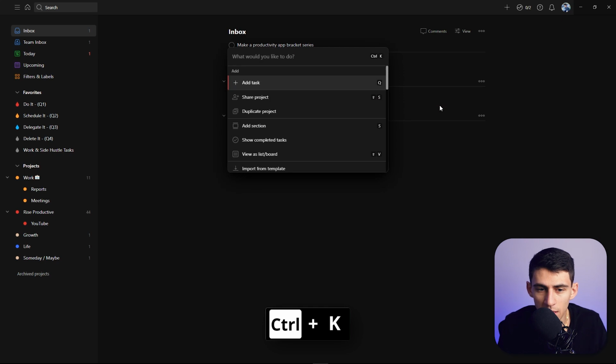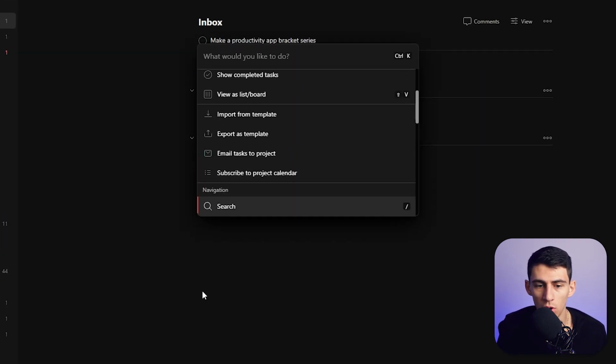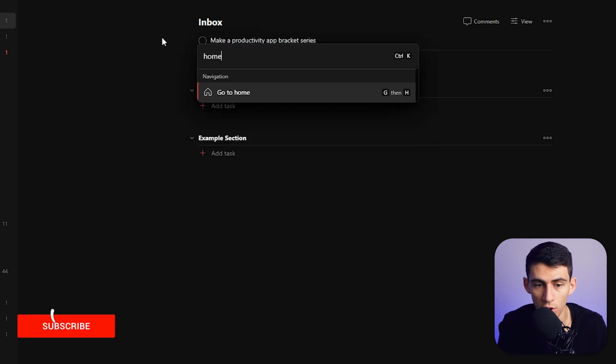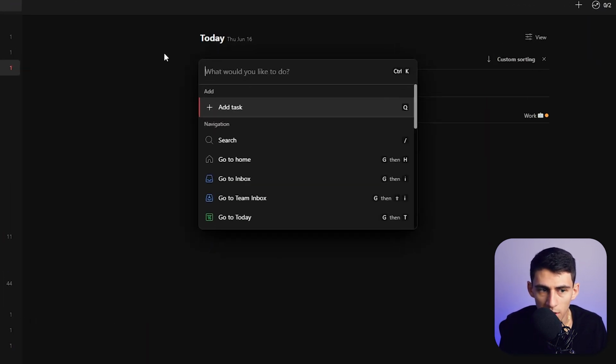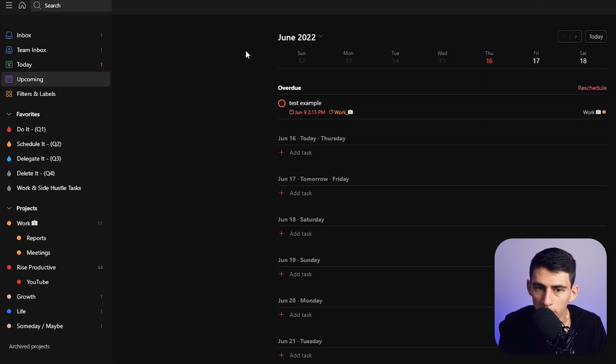But you know there's a command bar, right? Like if I press Control K, I can also do this natural language processing, and it will show me all the different shortcuts that are possible. Also, I can just type things out. So I'm in the inbox right now. If I press Control K and type home and press enter, I just went to the Today section, which is home. If I do the same thing and press Control K and type upcoming, it'll bring me to the Upcoming